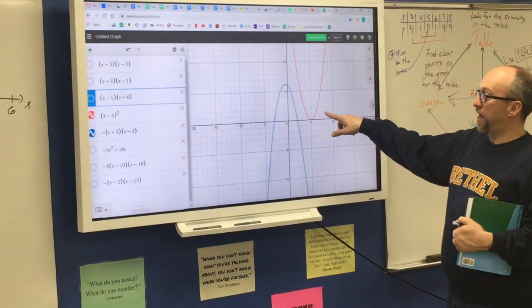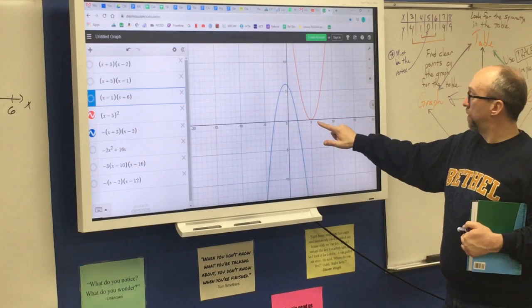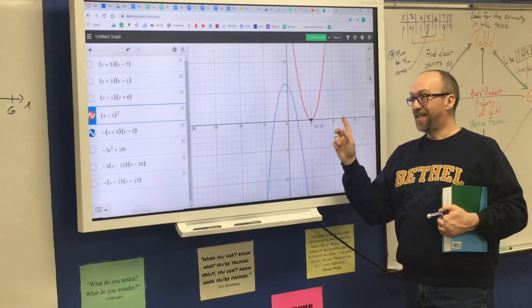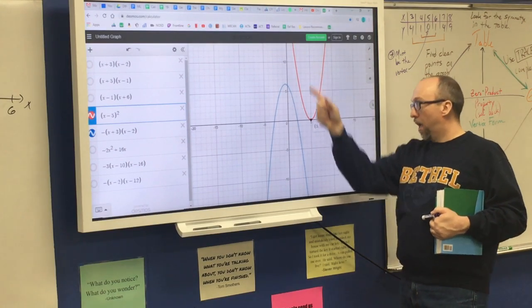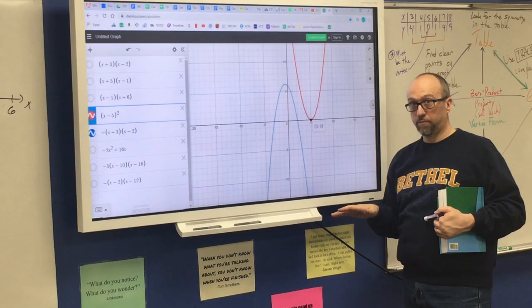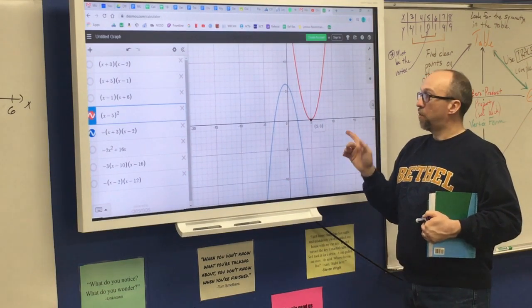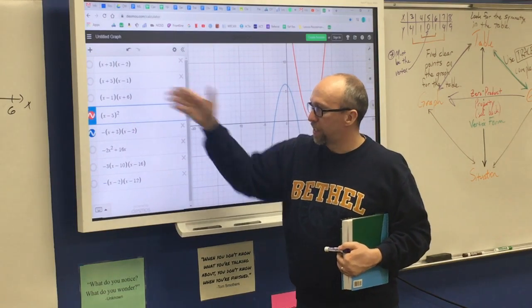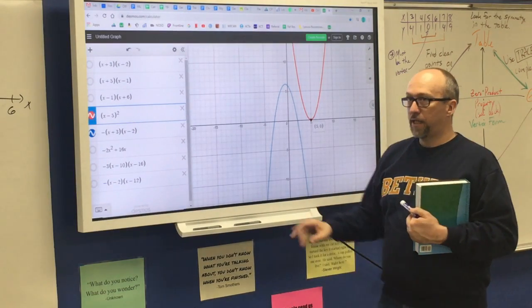X minus 5 squared is the red one. Check it, that's where the vertex is. That is the only 0 or x-intercept of the curve, 5, 0, done. That's it, there's nothing more. So writing it as x minus 5 quantity squared does the job. And last but not least,